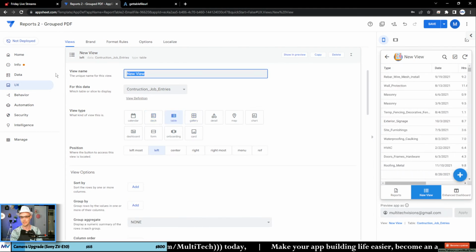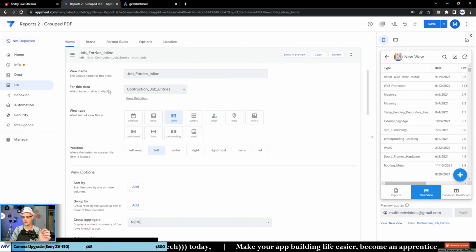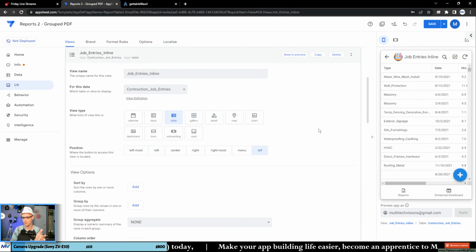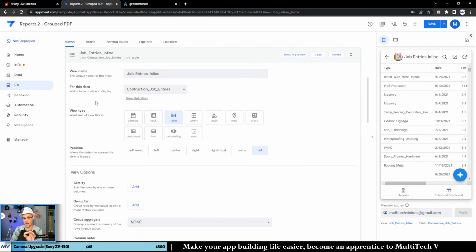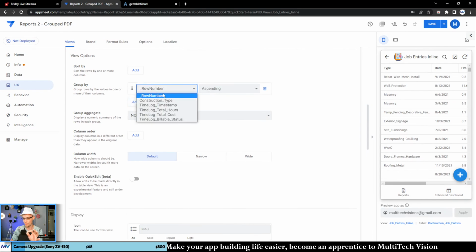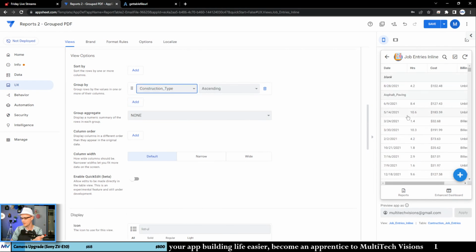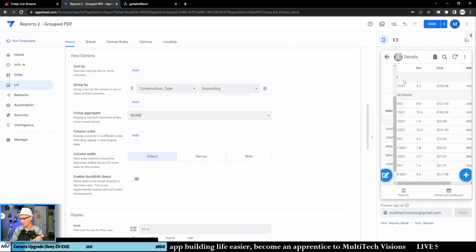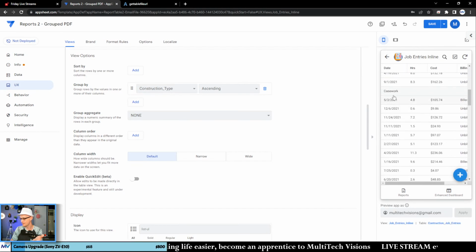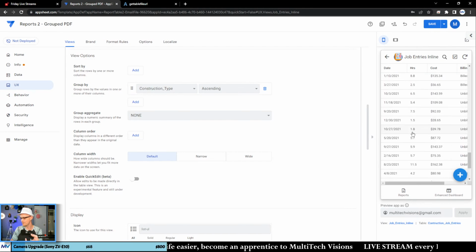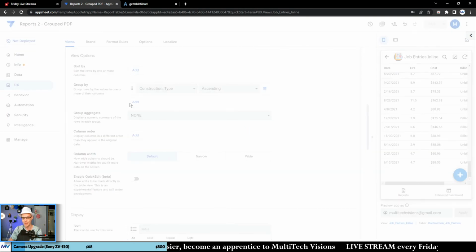We'll call this job entries inline, and it needs to be a table of the ref variety. Yep. All right, so what I'd really want to do is group this by the type, so that when I'm looking at my report, I have this nice grouped view, right? Okay, I got it now in the view. How do I do it